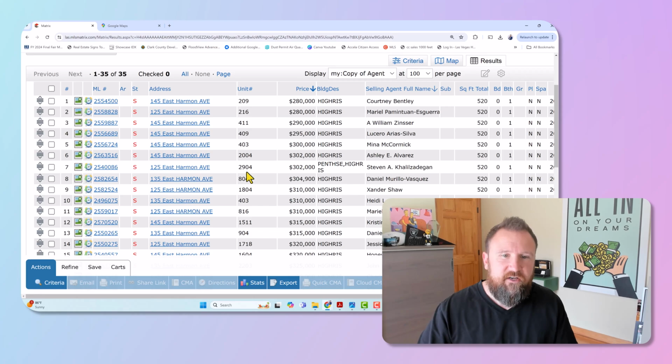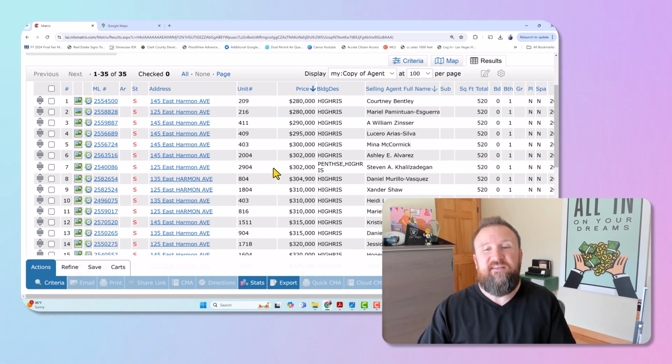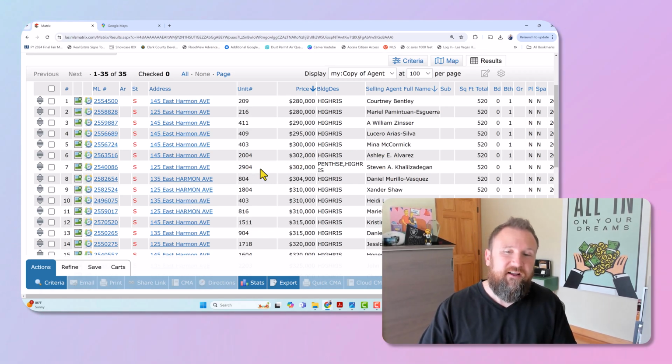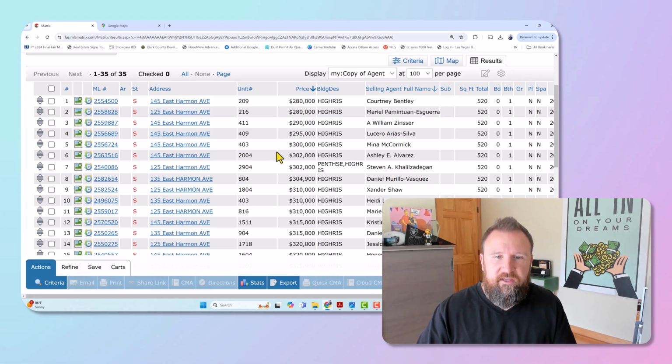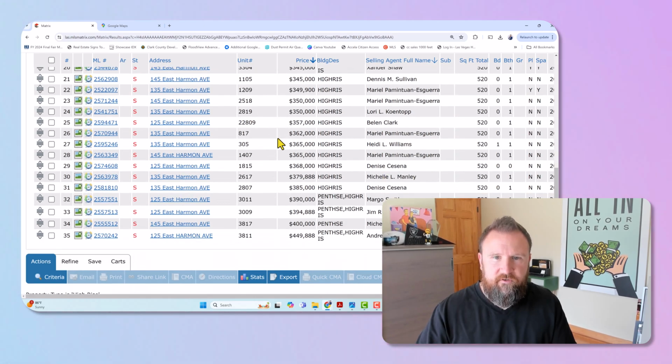And then look at this, 29th floor, 2904, sold for $302,000. But that one was a good one. It's on the non-strip side. I actually sold that one. That's a penthouse level. My client got a real good deal on that because I feel like it's undervalued. But keep going down. If we go all the way down, 350s, 360s, 380s,